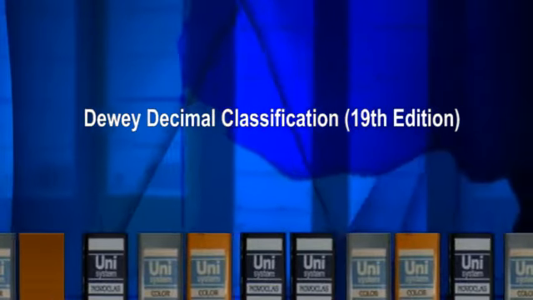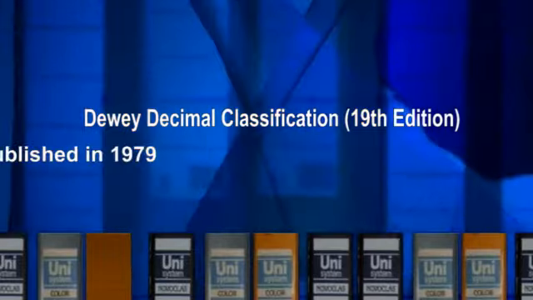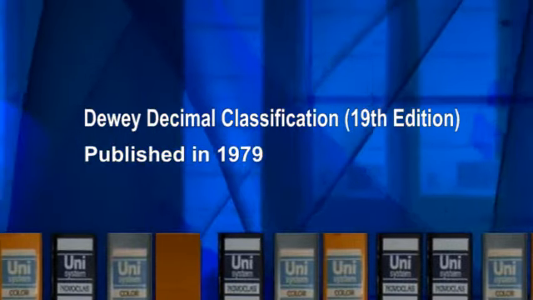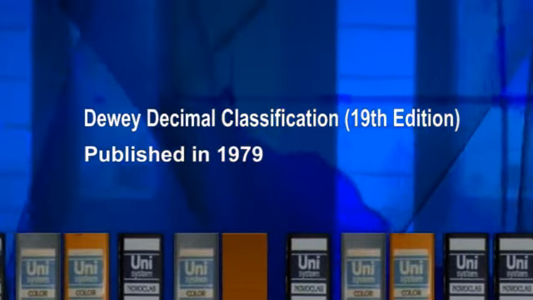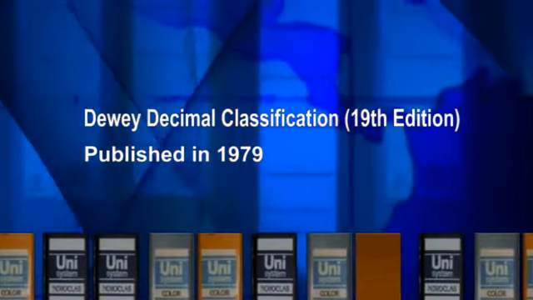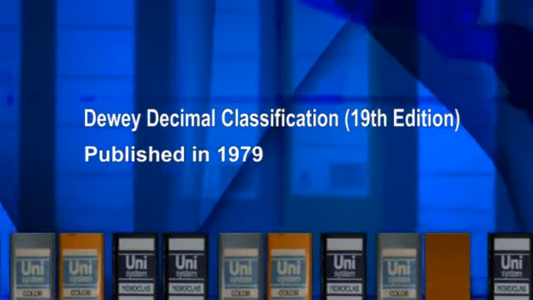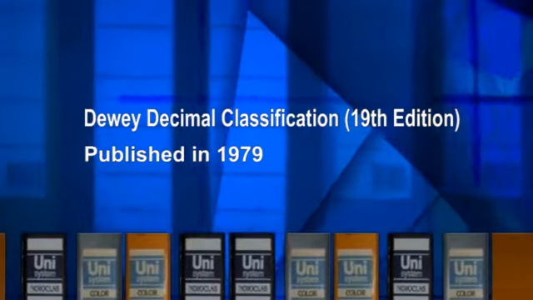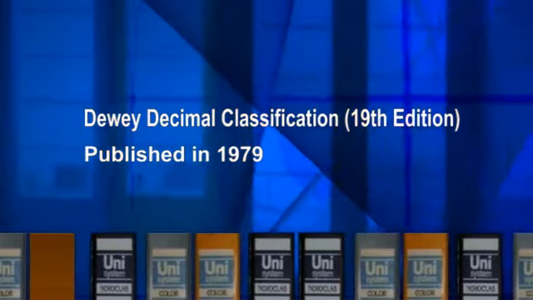Hello friends, Dewey Decimal Classification Edition 19, published in 1979. We are using this scheme of classification for learning practical. We all know that Dewey Decimal Classification is a very popular scheme of classification. It is used in the majority of the countries in the world, and it is very popular, used in medium-sized and